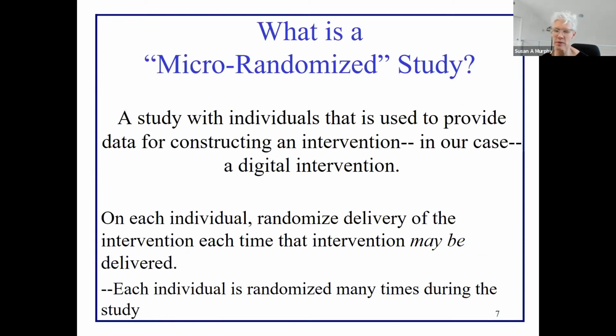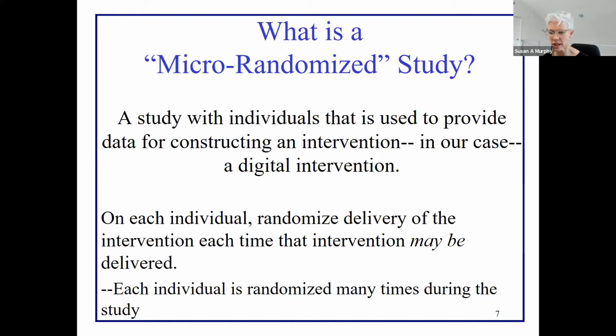So what we did was we ran what we call a micro-randomized study. If you're familiar with how we get drugs on the market, there are these big trials where people are randomized to one of 2 groups and you compare one medication versus another. What we're talking about here is totally different. Here, we're trying to figure out when is the best time to deliver, say, an activity suggestion. Should we deliver it in the morning to some people, in the evening to other people, and so on? And should it depend on what the weather is and how burdened they feel, and so on? So these are called micro-randomized.